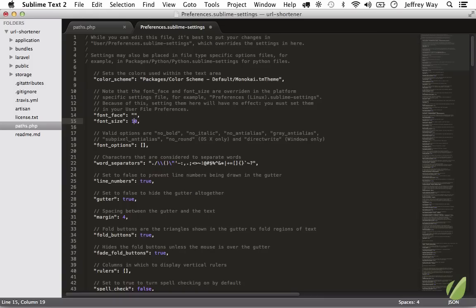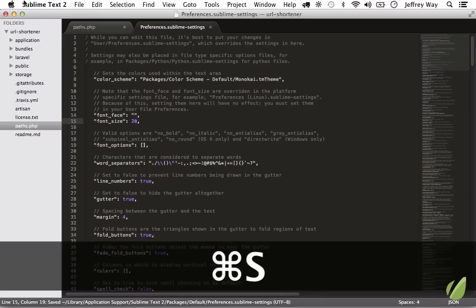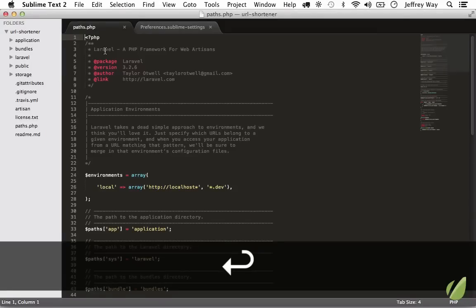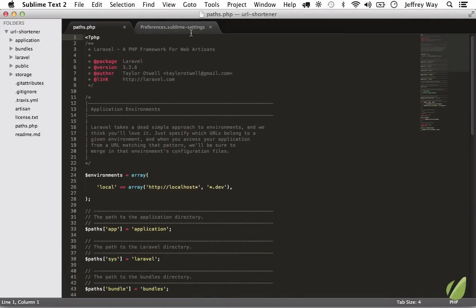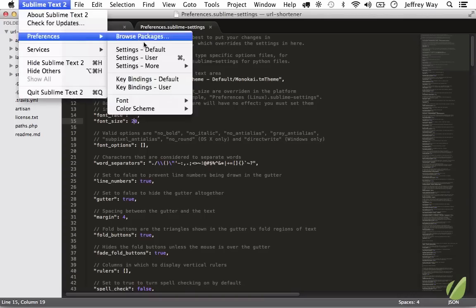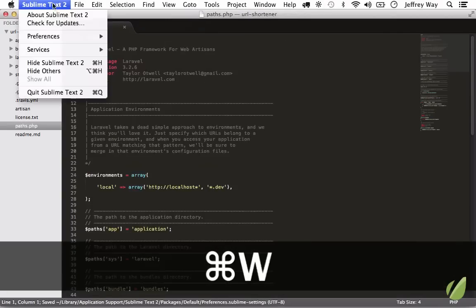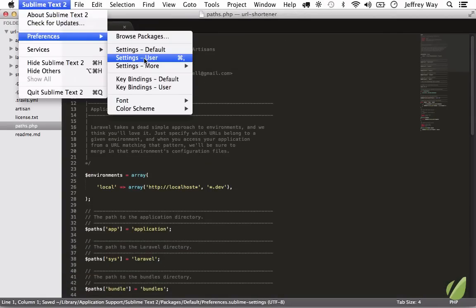So initially, you might change this, we'll do something really high just to see it, and expect that to suddenly update the entire app. And even maybe you close it out and reopen it, but nope, it's not working. So what's important to remember is that this is your default settings, and every single time Sublime Text is updated, this file will be refreshed, or in effect, all changes you make will be reset. So your custom settings, and I'm going to bring this back to 10, should instead be applied to Preferences, User,